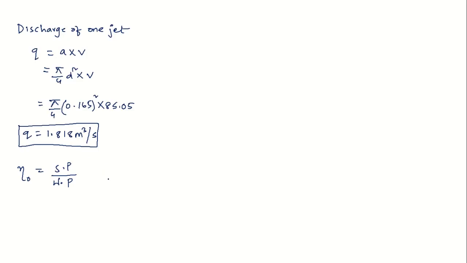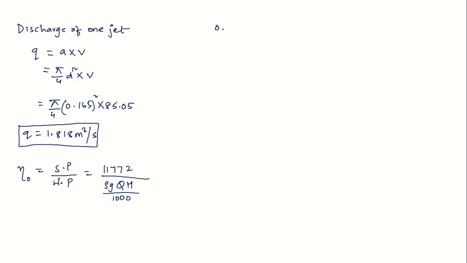Correct? So we already have the value of shaft power as 11,772. What is the formula for water power? It is rho g QH by 1000, because we calculate water power at the inlet of the turbine, which is the input. Okay, so now from here we have Q, so we'll try to get out what Q is. I'll just write it down here.